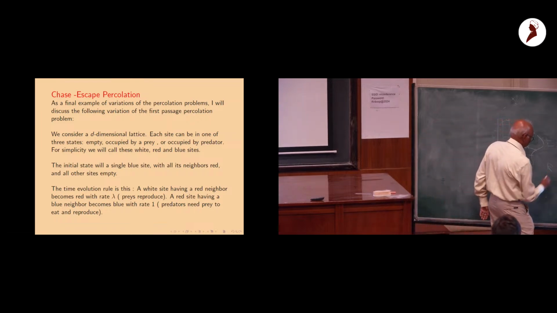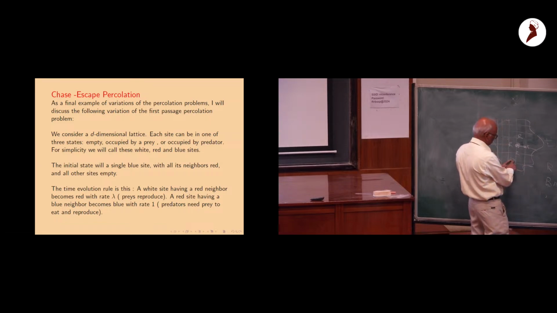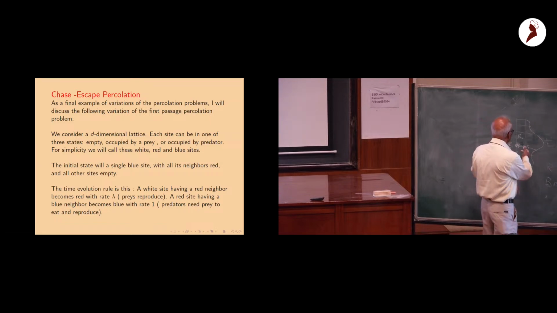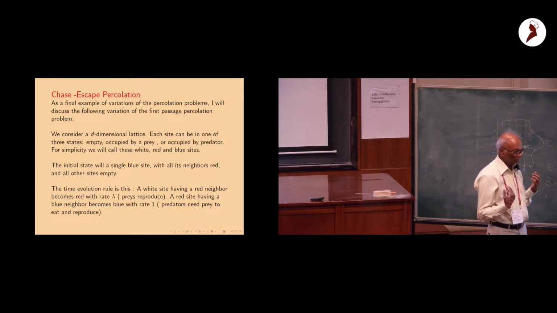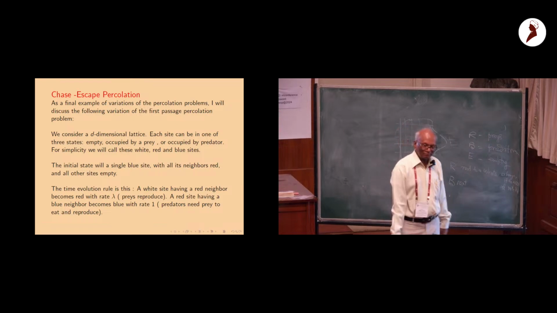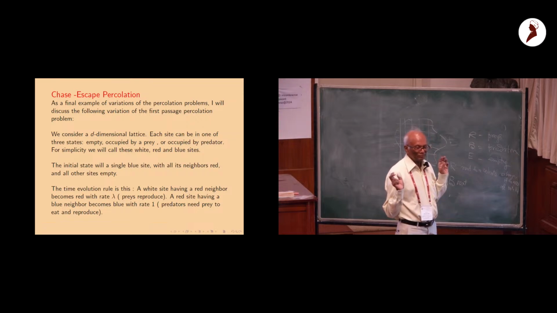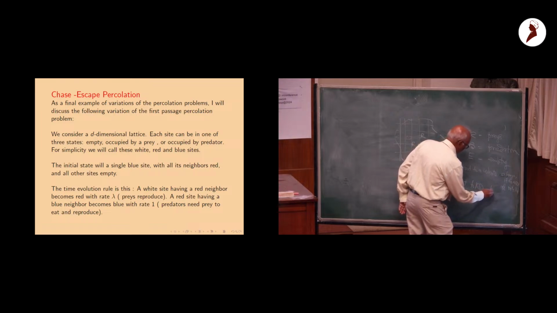And the blue next to a red. White or empty sites. So W is empty here. Because we will imagine that there is an empty space in which this predator and prey can move. Is white different from empty? Yeah, white is just neither red nor blue, just empty. Okay, so preys can go to empty sites and occupy them, but the predators have to eat and they cannot occupy empty sites by themselves. Okay, so B next to red changes it to red